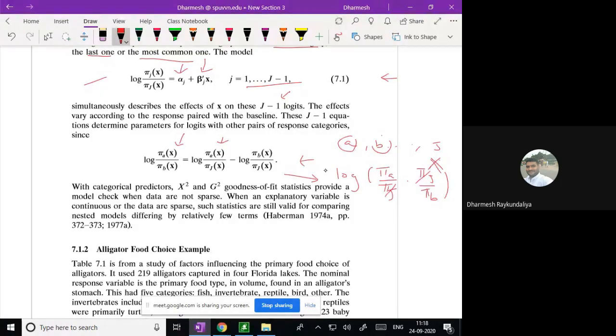So it means that if I am interested in finding out the logistic equation of category A, what kind of logic is changing for category A with reference to category B, I do not require running separate models. I already have all the logit models. So category A versus J, that logit model is with me. Category B with J is with me. I will just take the simple logistic difference, and it gives me this response. So there is no need to go for a separate study. Whatever logistic equation you have developed, you can easily obtain from this.